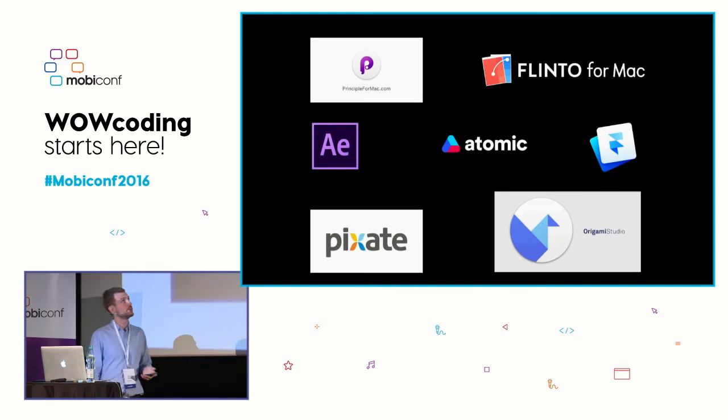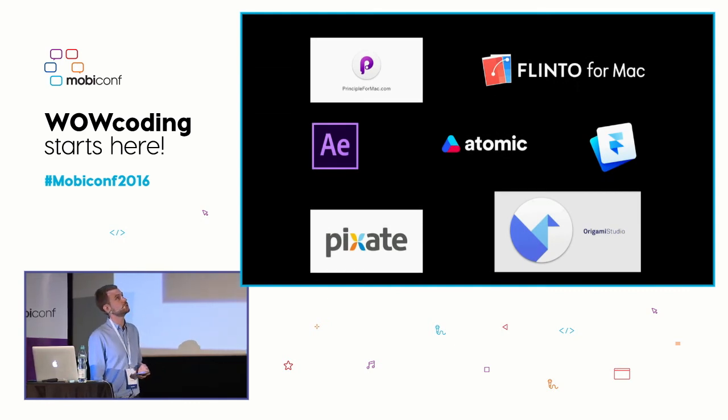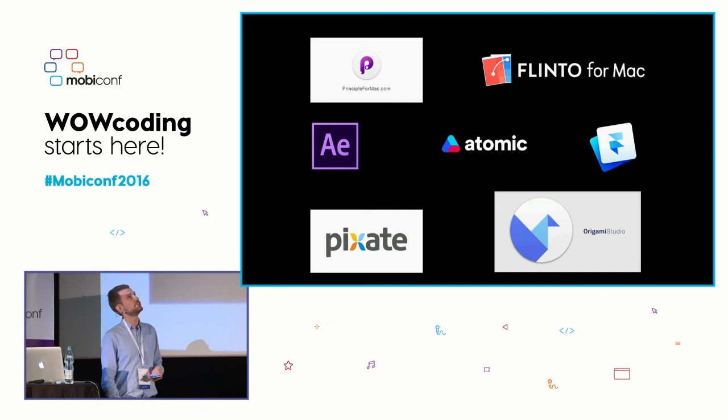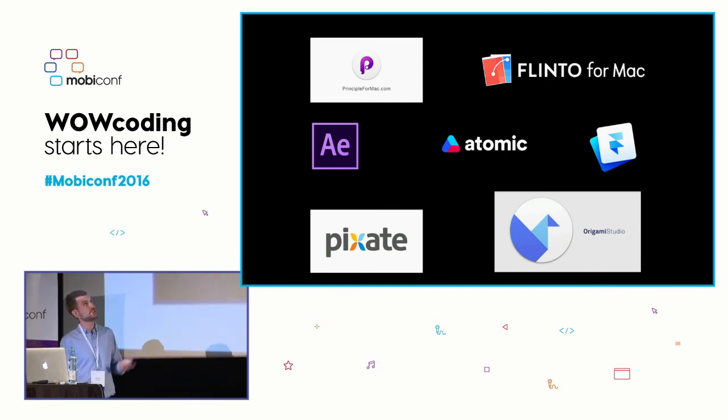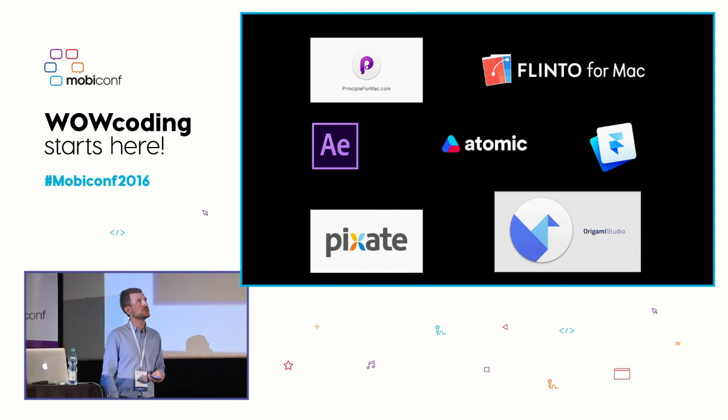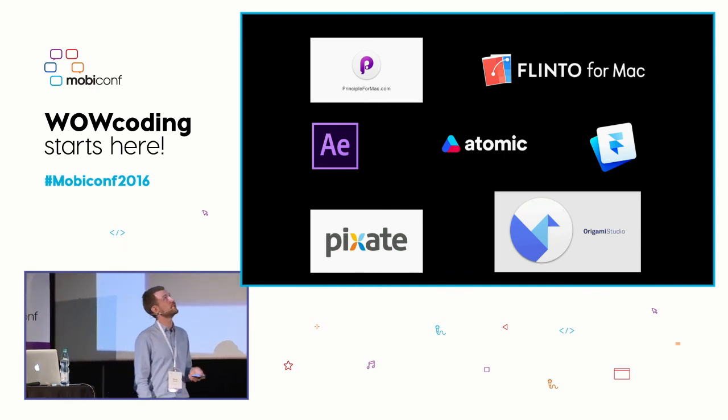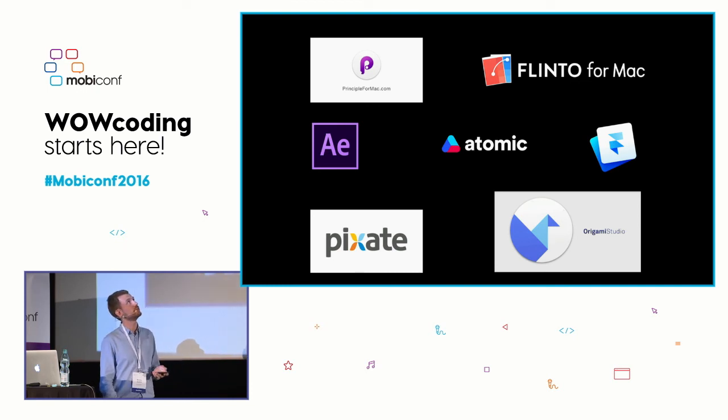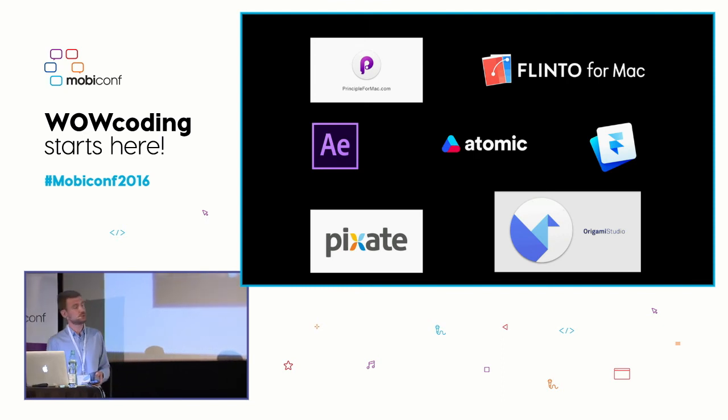Here are also some tools that we're using. There are more and more different kinds of tools coming into play, and they vary in terms of difficulty. I would say Principle for Mac, the top left corner, is the easiest one to begin with for designing motion. However, some of those software allow us to export different properties as numbers, which could be very